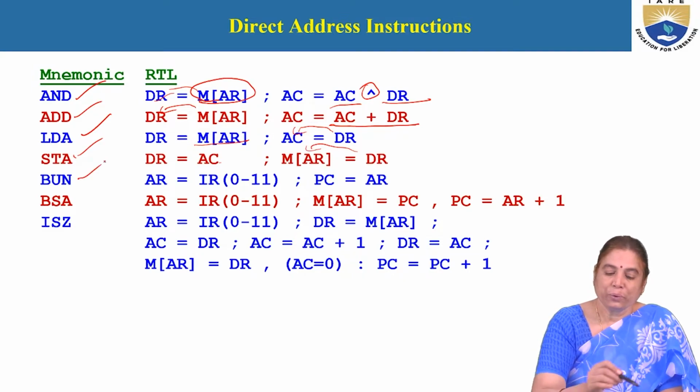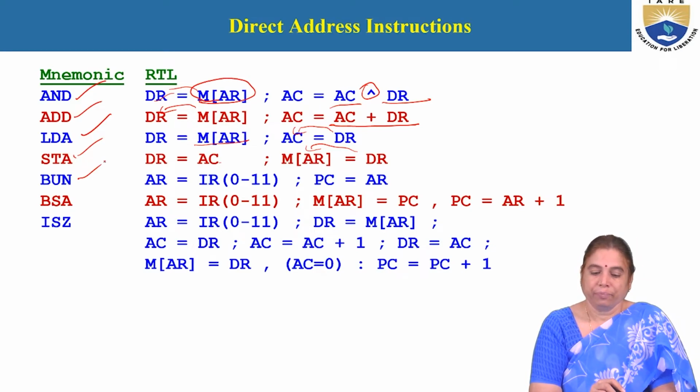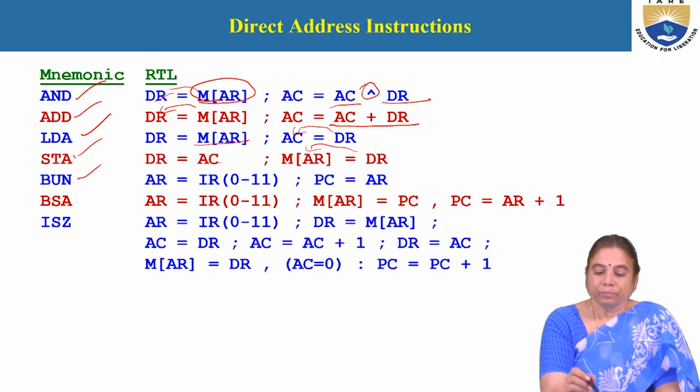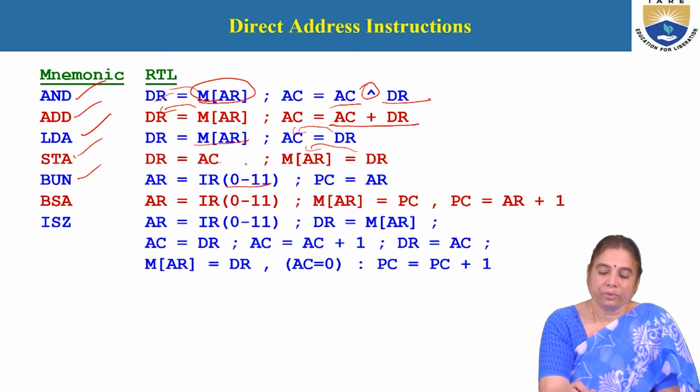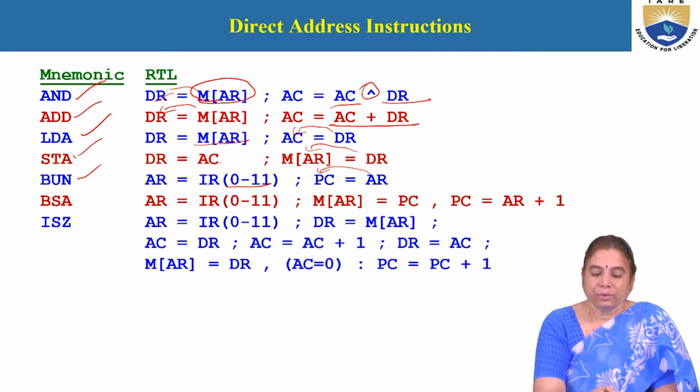Next, BUN, branch unconditionally. So here the address bits, instruction register 0 to 11, which are part of the instruction register bits, have to be moved to the address register. The address specified in the instruction, pointed to by the address register, can be moved to the PC. Next, BSA. In this, the 0 to 11 address bits of the instruction can be moved to